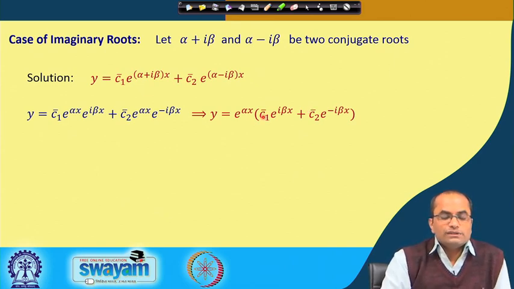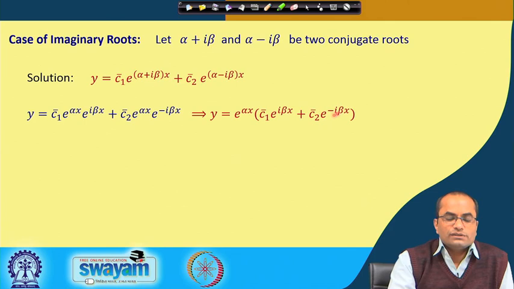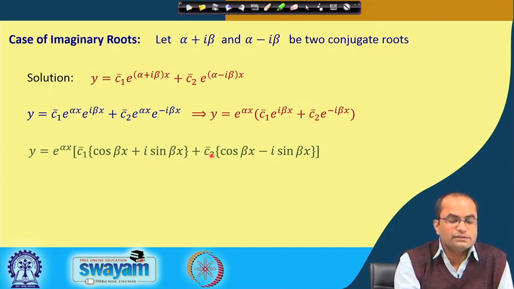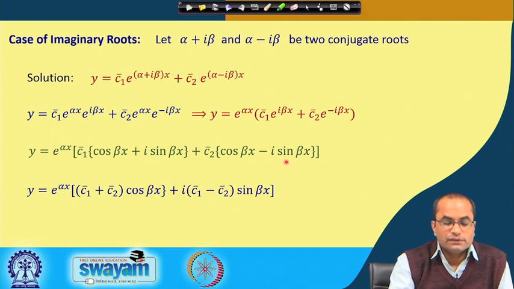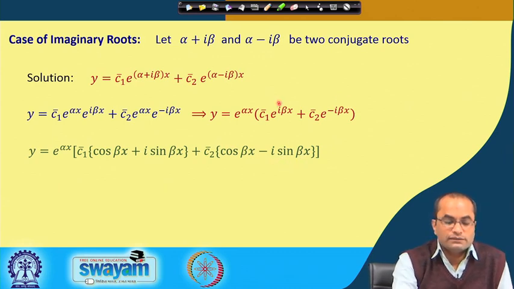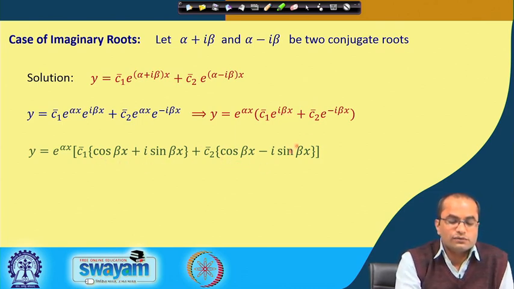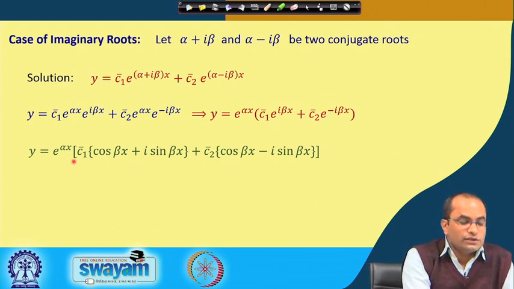And then the exponential with i beta x, or the exponential with minus i beta x, we can expand in this form, cos beta x plus i sin beta x, and for C 2 also we can have cos beta x plus i times sin beta x. That is, we can expand e power i beta x in terms of cos and sin, and here also e power minus i beta x in terms of cos and sin. So, now